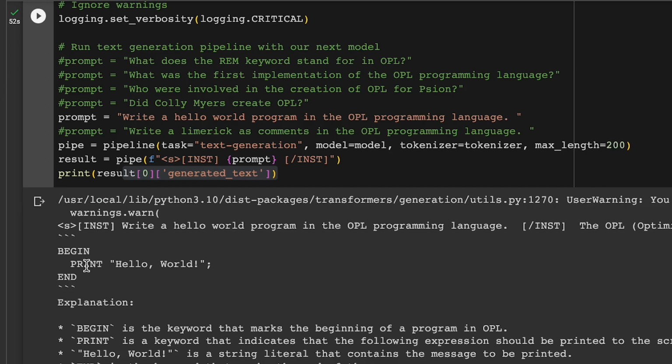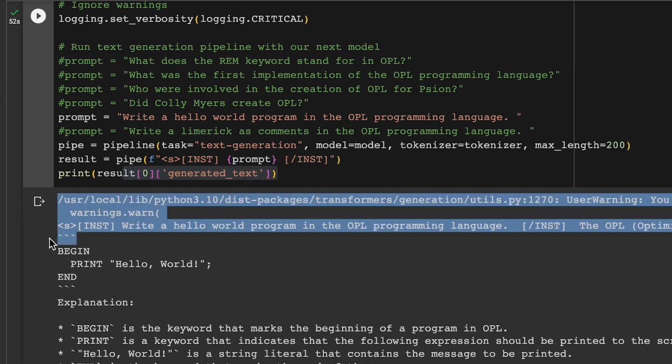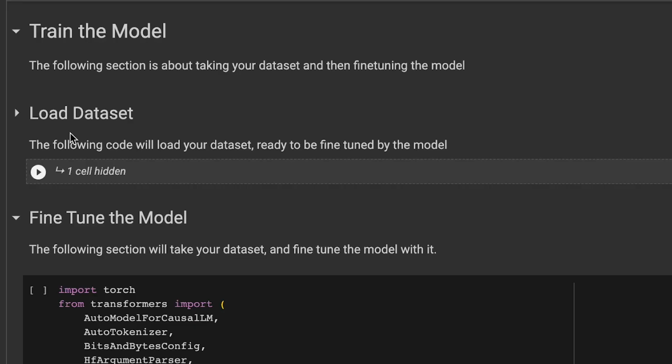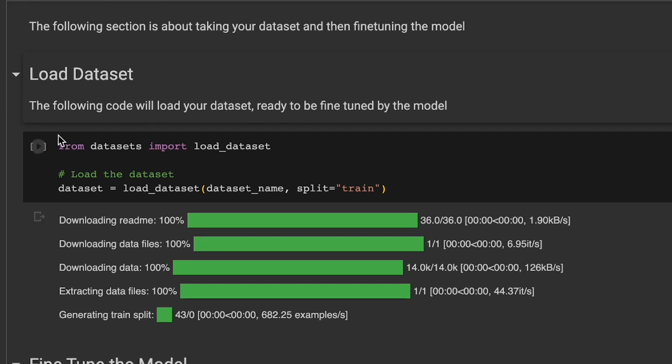So it's got begin, which we know is not the case. It's a proc, etc. It's got the print right, but then it's just making this up. It's put a semicolon on there. It really doesn't have a clue. And then if I ask it to write comments and stuff, it's just going to utterly fail at this. So it doesn't know OPL. It knows nothing about it. So what we're now going to do is we are going to train the model, and then we can rerun that test. So in order to do that,